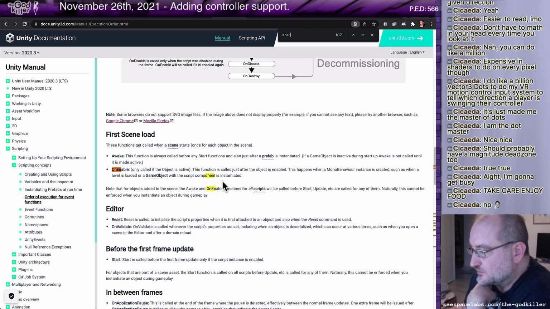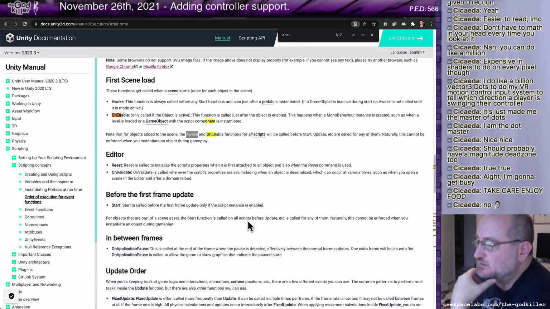So it's called just after the object is enabled, or when a game object with the script components is instantiated. To me, it just means, yeah, I don't know. So why wouldn't I just call that same code in awake or the init function?